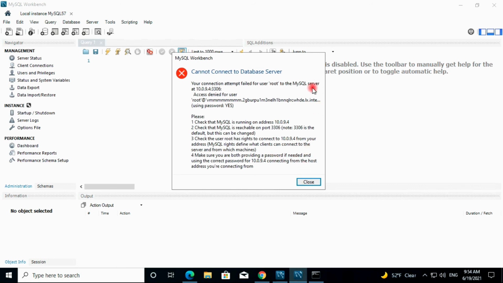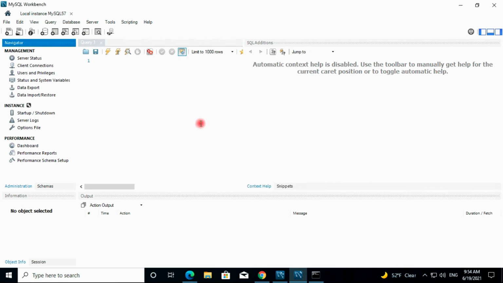So it's not connecting, because so many other things are there. But this is the way by which you can install and configure MySQL Workbench, MySQL Shell and MySQL Server on Windows 10. Why is it not connected? Because of the firewall. If you hosted your MySQL on some other server, you have to allow it on the firewall with the port number 3306. I didn't allow that one, so that's why it's not connected.